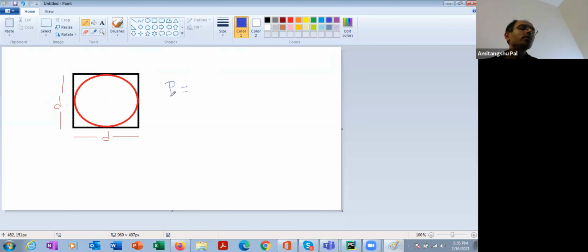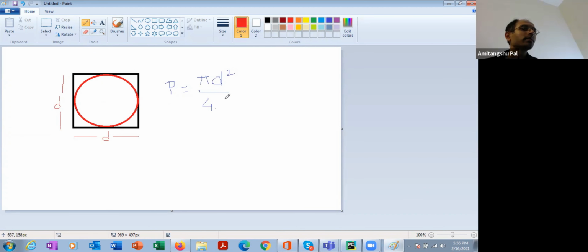Area of the circle is pi d square by 4. We know that area of a circle is pi radius square. However, here d is the diameter. That means pi (d by 2) square, that means pi d square by 4. So the area of the circle is pi d square by 4, divided by the area of the square. So what is the area of the square?